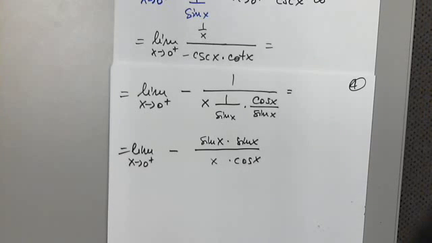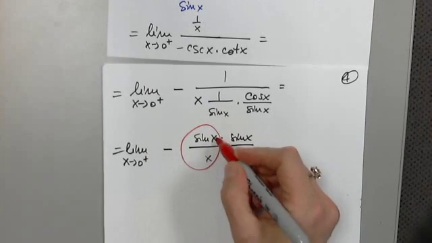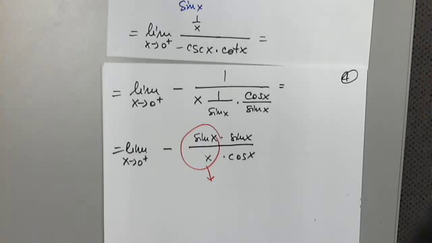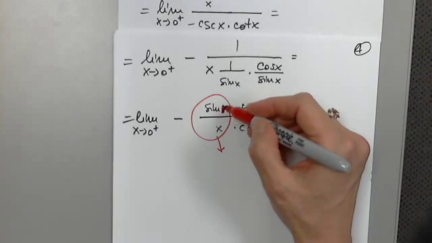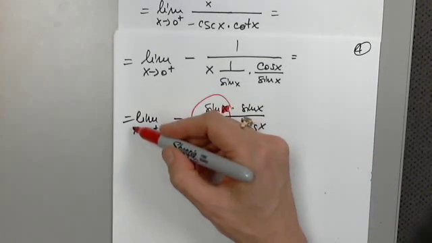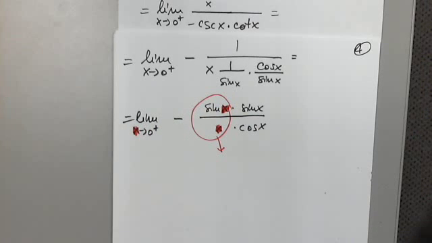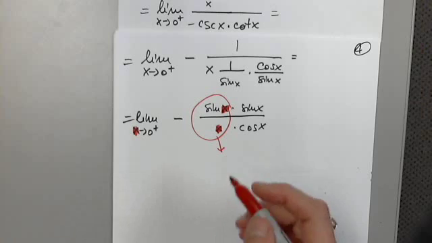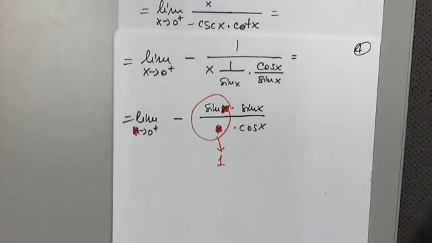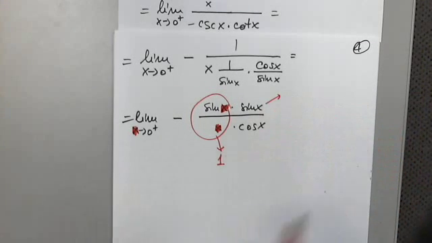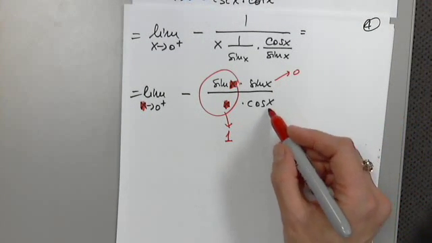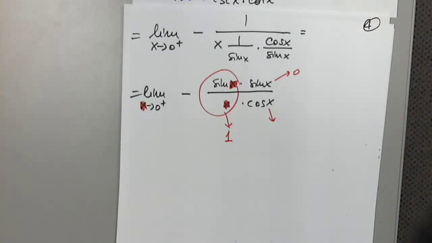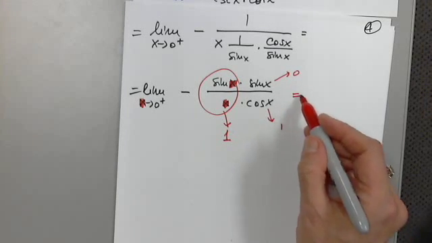This is not a big deal. Now this is really nice because I know where it's going. As long as this piece and this piece and this piece are all the same and they go to 0, right? These, yes, and this one will be going to 1. Where does sine go when x approaches 0? Where does cosine go when x approaches 0? 1, 1. So the answer is